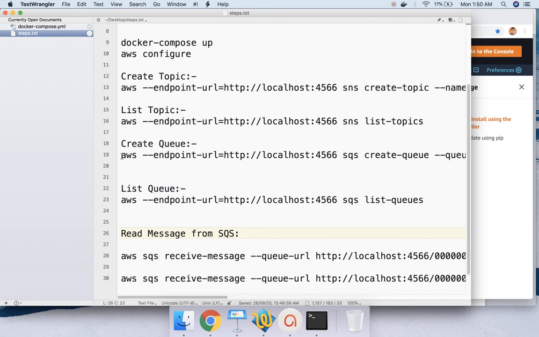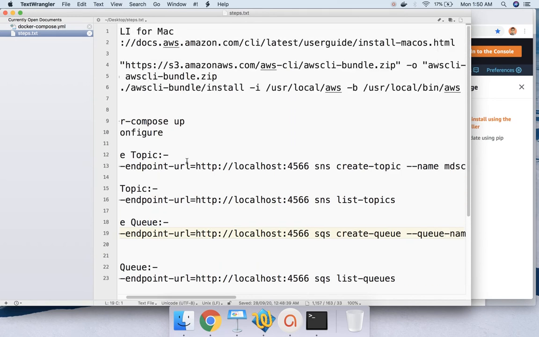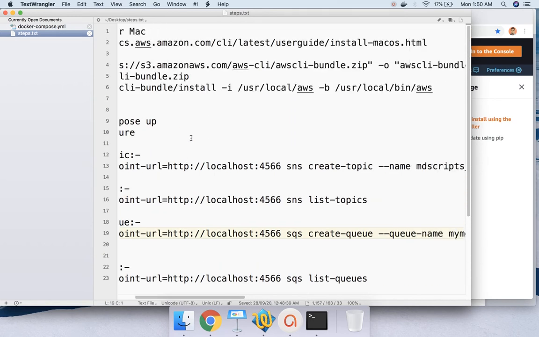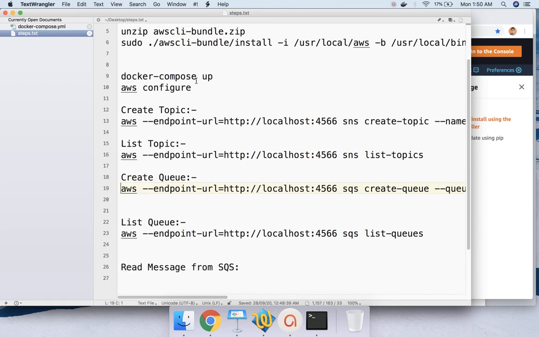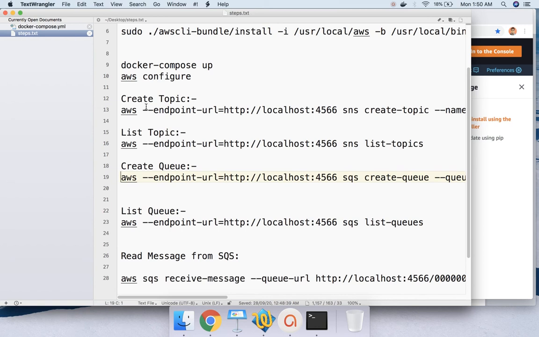Before that, what I wanted to say was that you should have your AWS CLI installed by running these commands, or if you are using a different OS, go to the documentation and see how to install the AWS CLI. Only then can you use the AWS CLI commands to create queues and topics, publish messages, etc.